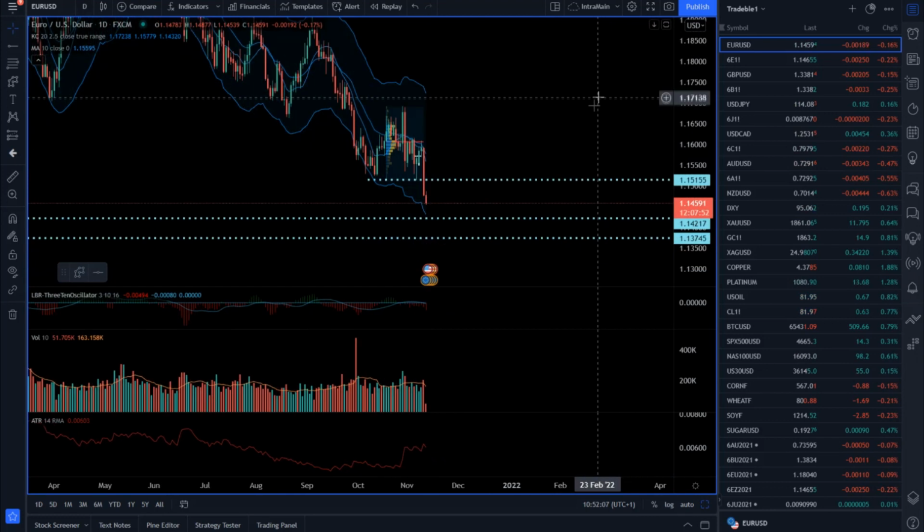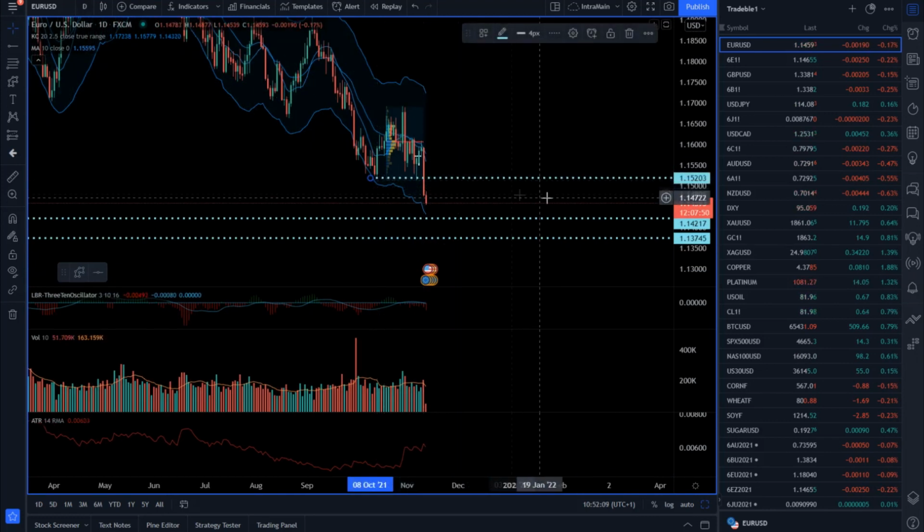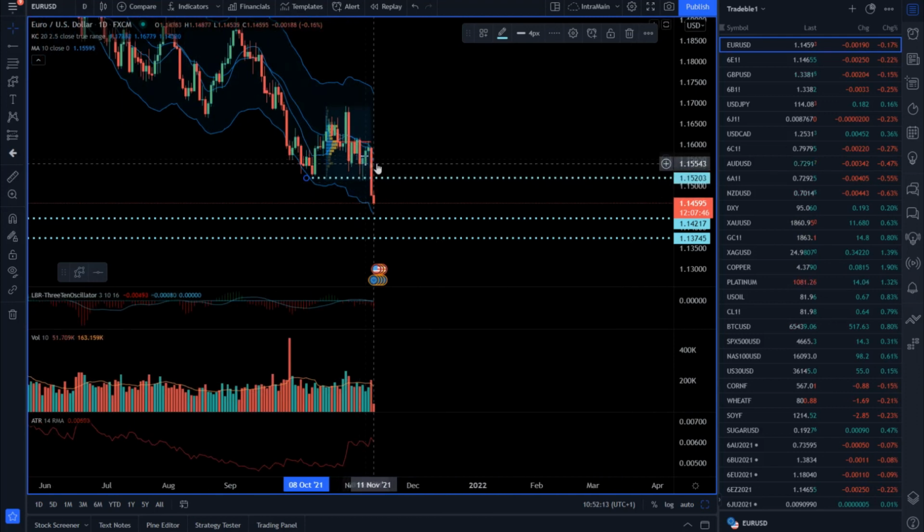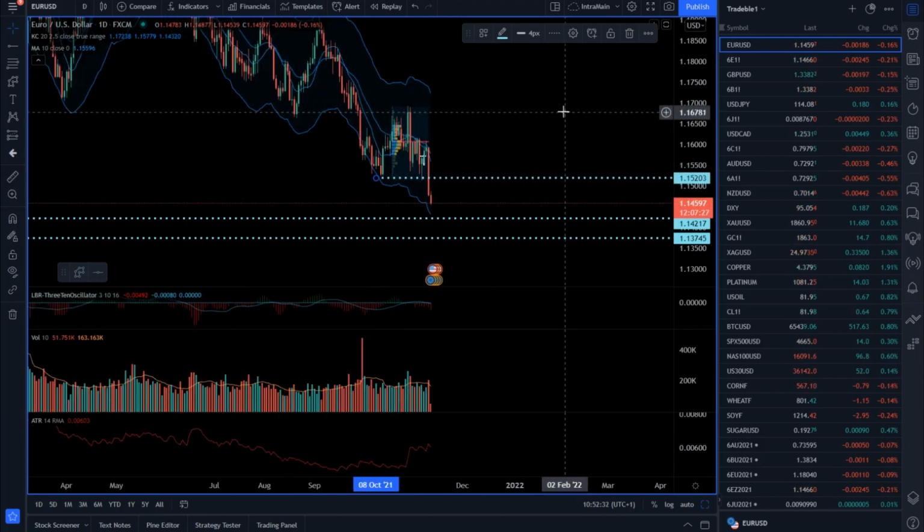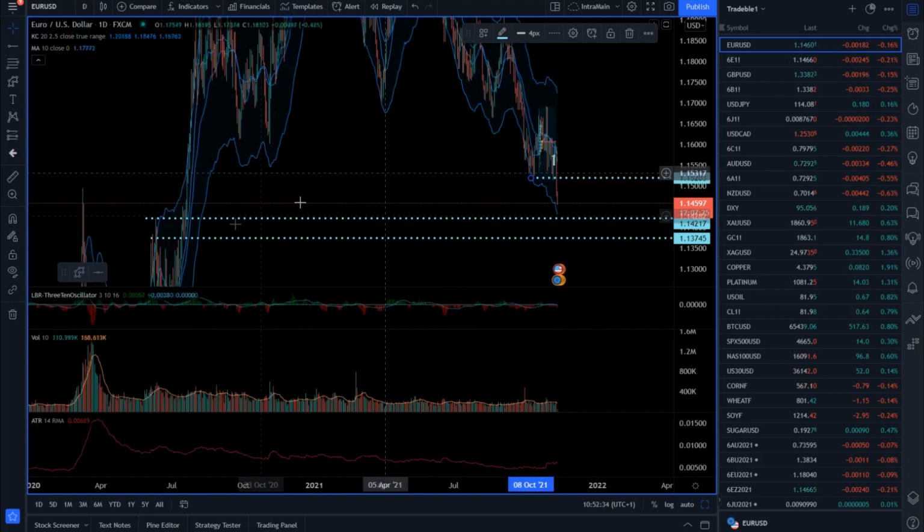Speaking of the euro dollar, we marked this to be an important pivot level, 1.1520. The market went sideways and we were waiting for a breakout. Yesterday, again, overall the dollar index, we saw that it is getting really strong on the upside, and that caused also the euro to have a drop like this. So yesterday's drop was closing on its low, suggesting very strong momentum. And I see here there is a potential for a retest